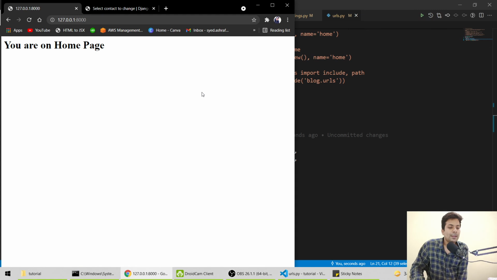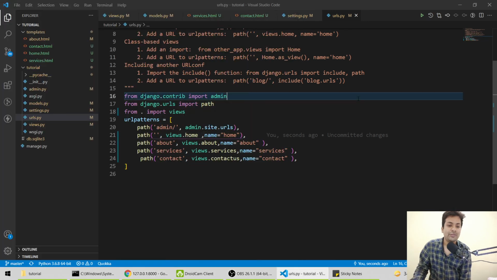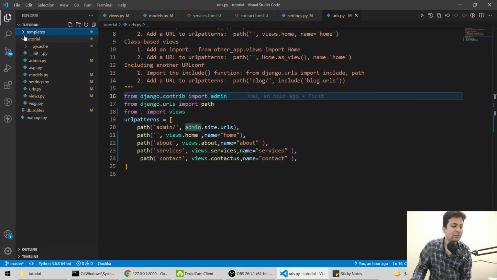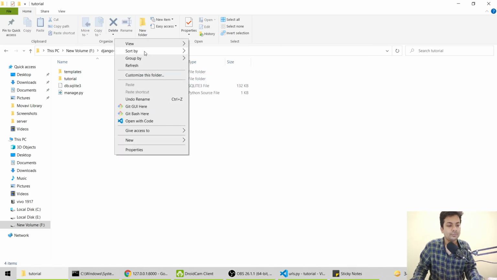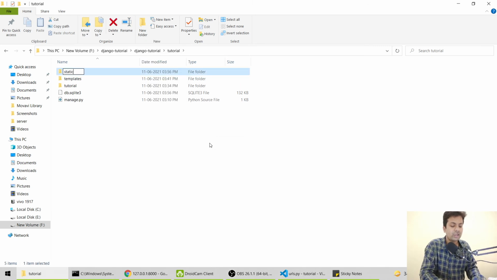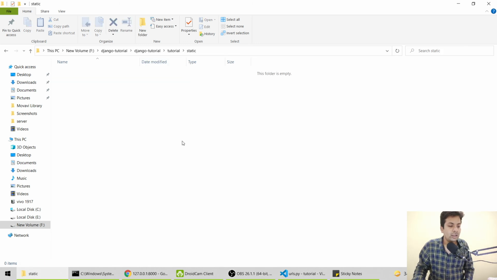But suppose you want to use static files, which is the tough thing. We have made a folder called templates. In tutorial we have a templates folder. Here we'll make one more new folder called static. Whatever name you want to give is your choice, but static is the standard.